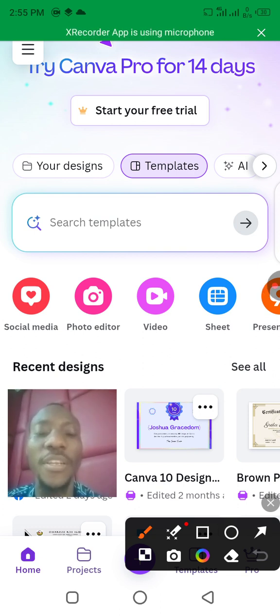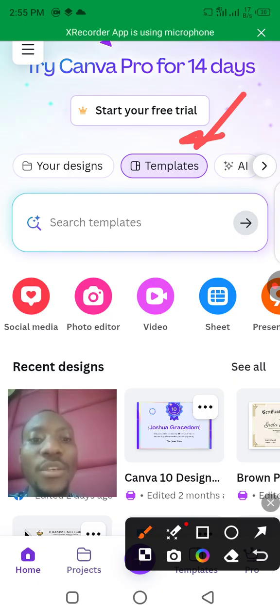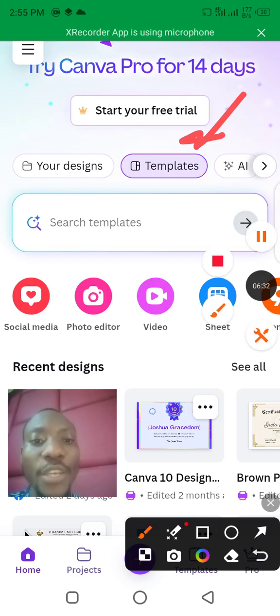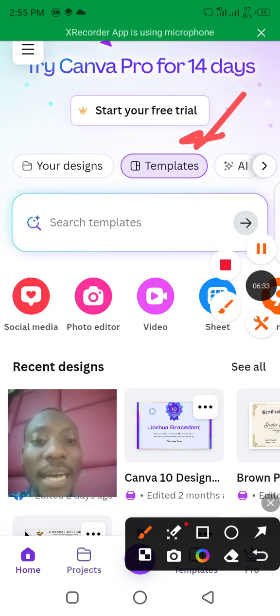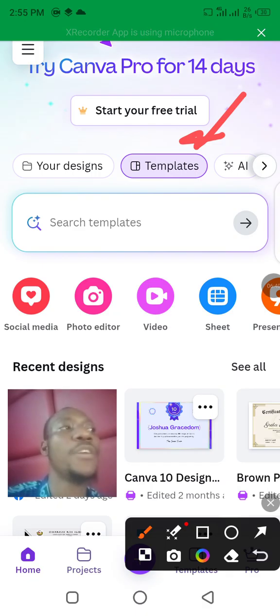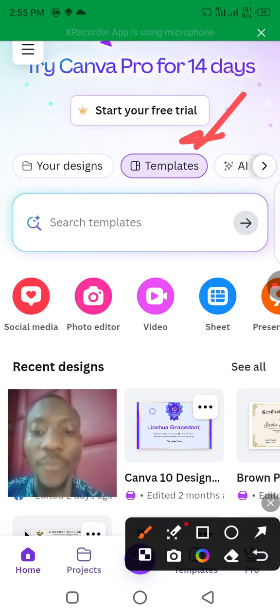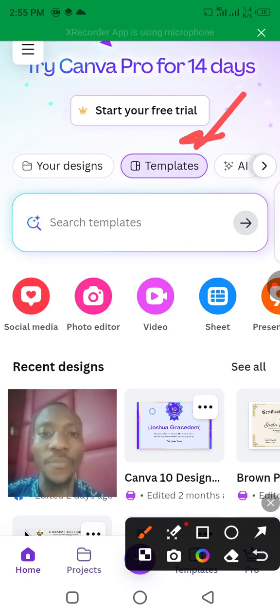I'll show you just briefly, and then the one at the center is Canva templates. So if you tap on it, you'll see all other templates they have, which is the prime reason I said I want to start with Canva, because with Canva you can do designs at least that will be close to what you want for yourself. It's not the same as full-time graphic development, but most designs that you see in our time are done using